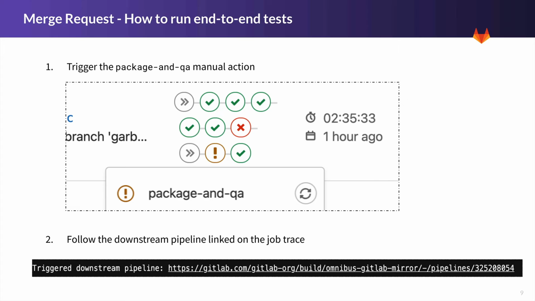So basically, it's pretty simple. You just go in your MR and you trigger the package and QA manual action. It needs to be triggered manually. That's the case. Once it actually runs, once you actually go into it, you will be seeing this trigger downstream pipeline link, and this link basically